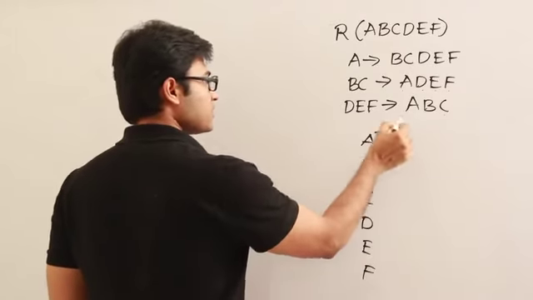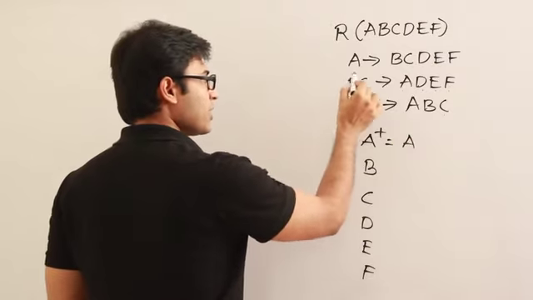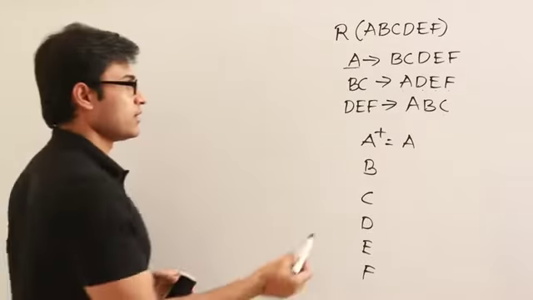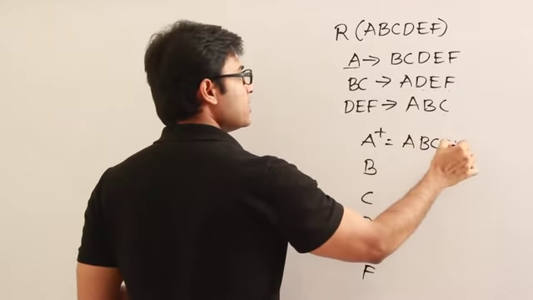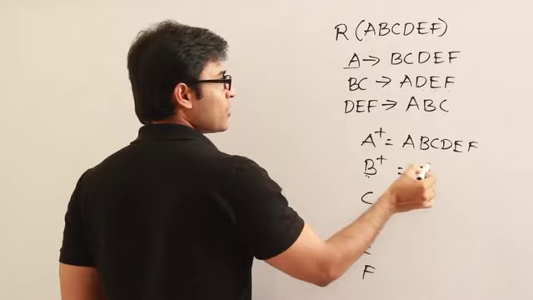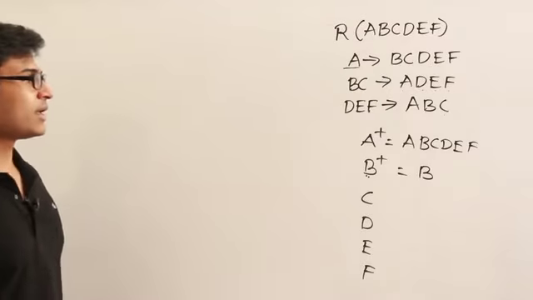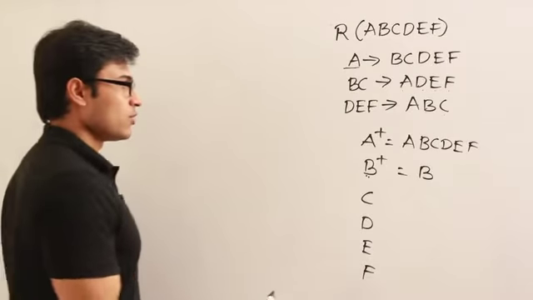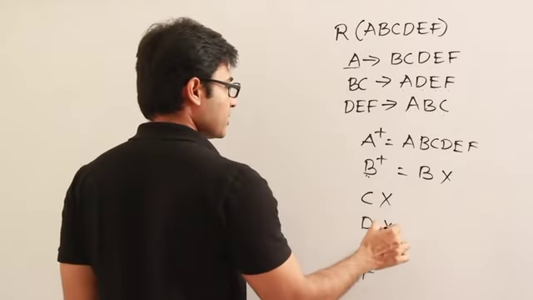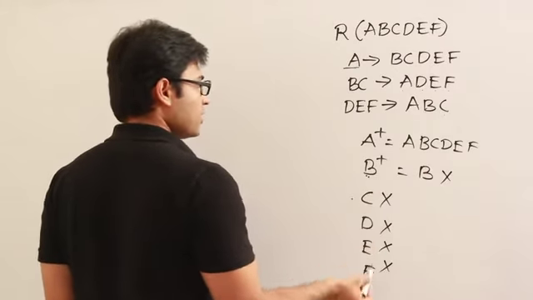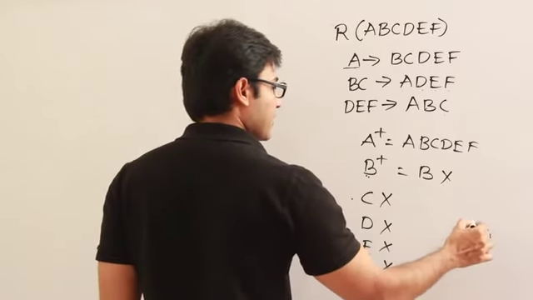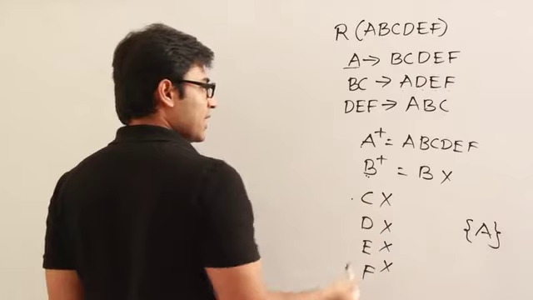So only A plus is going to give me something other than A, because A is present as the attribute in the left hand side. That is why A, B, C, D, E, F, right? But if you look at this B plus, it will not give you anything other than B, because B alone is not present in the left hand side of any FD, right? So B is not going to give anything other than this. And what about C? Same thing. It will not give you anything other than this, right? So this only one is possible, which is A. Got it? Which is having single attribute.